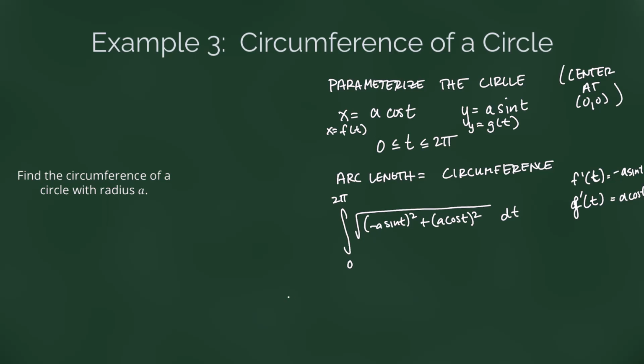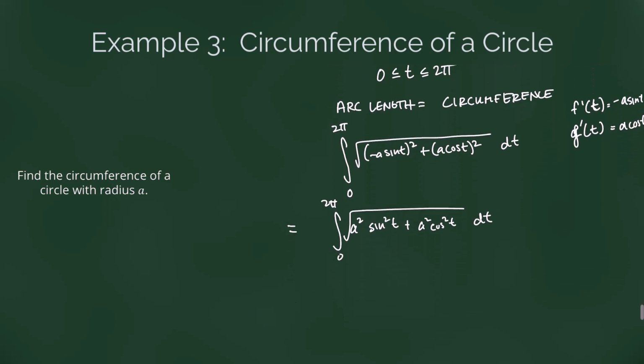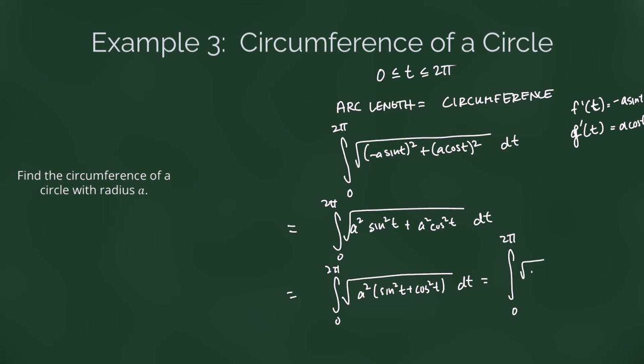So then this becomes the integral from 0 to 2 pi of the square root of a squared sine squared of t plus a squared cosine squared of t dt. We can factor out an a squared. We have sine squared plus cosine squared, which we know from the Pythagorean identity is 1. So this becomes the integral from 0 to 2 pi of the square root of a squared, which is, of course, just a